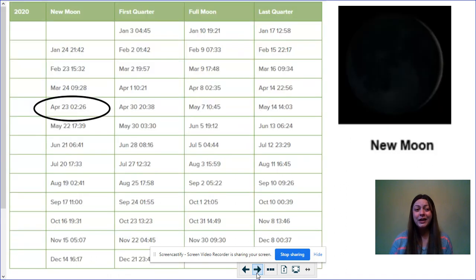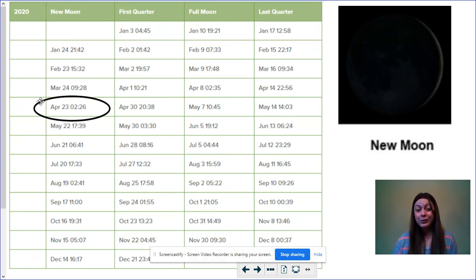I have a schedule of when there will be a new moon, a first quarter moon, a full moon, and a last quarter moon. And fun fact is, on most calendars, you can see the date where it shows you what the moon will be looking like that night. It's only on a couple days in the month when there's a new moon, first quarter, full moon, or last quarter. So if you do have a calendar at home, you might see on either April 22nd or April 23rd,